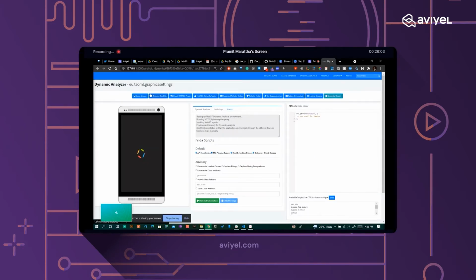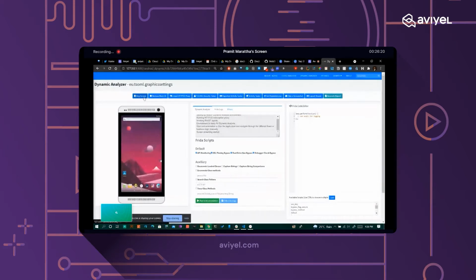Now the features that MobSF provides in the dynamic analysis section. This is the show and stop feature. This feature projects the emulated device screen directly to the web interface. Some basic operations like touches and simple gestures can also be carried out from the web interface directly. So you can see this, right?